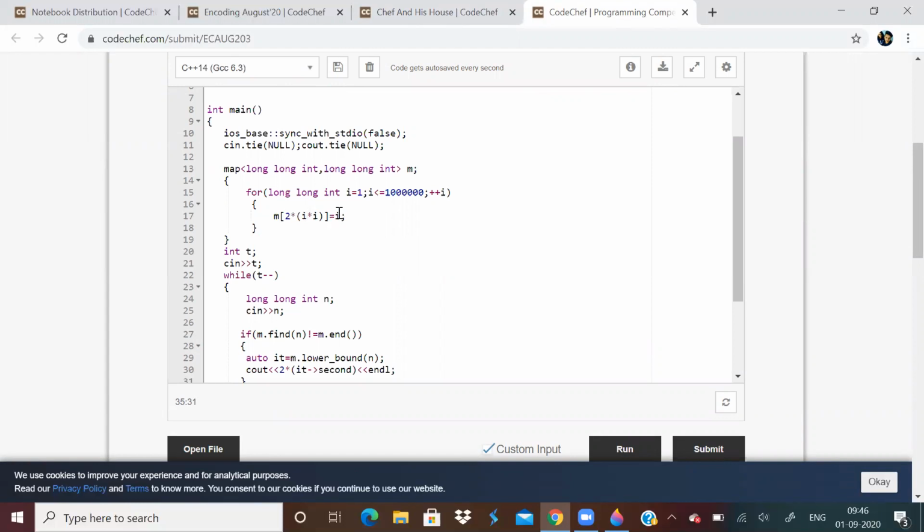The map has two parts, right? First and second. The first part will be the number of tiles and the second part will be the index of that number in the series.